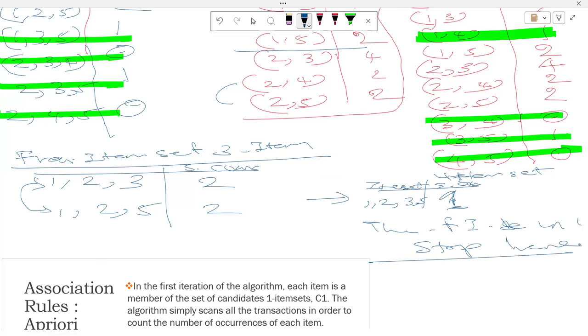So up to this level, you can do everything starting from 1 item set to n item sets, right? First time 1 item set, then frequent item set. By using the frequent item set, again, you can generate 2 item set. Then from the 2 item set, you need to find the frequent 2 item set. By using the frequent 2 item set, you can generate 3 item set. Then you need to calculate the frequent item set for the 3 items, right? You need to do the steps continuously. Once you complete these,